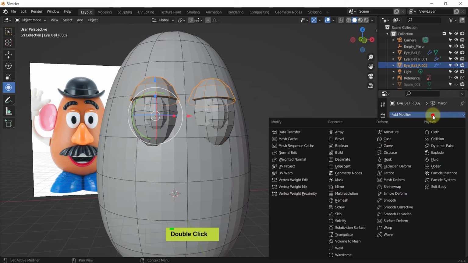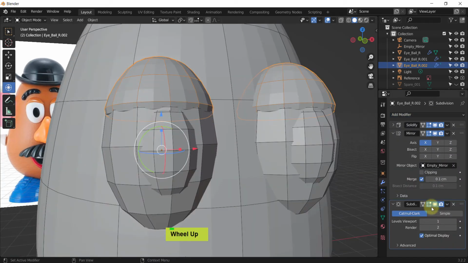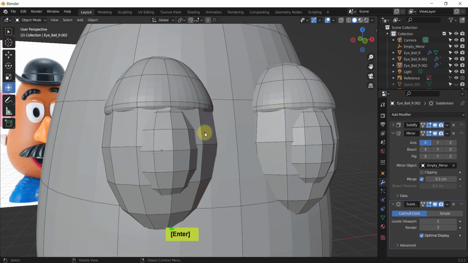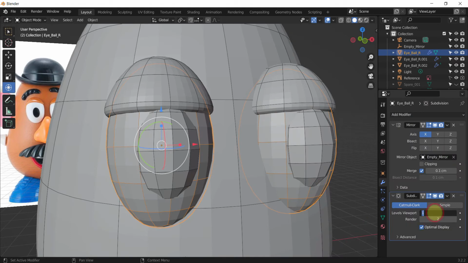modifier, subdivision surface, and that should be in the viewport, that should be 2. That's fairly dense. In the rendering should be 3. That's pretty dense already. So this one, again, subdivision surface, in the viewport should be 2. That's fair enough. In the rendering here should be about 4. The reason this is a little bit higher is because